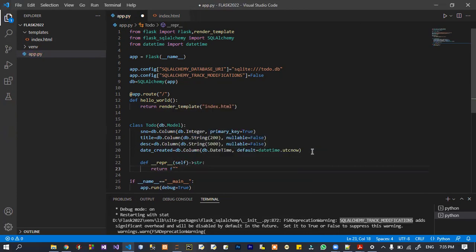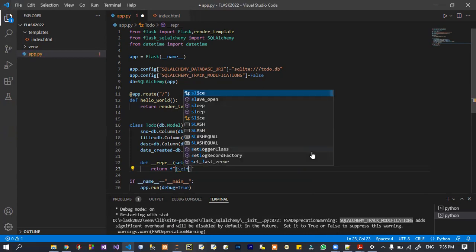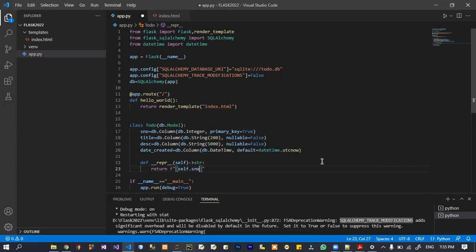So just passing self.sno, whatever you want to see, you can pass here. Inside curly braces, self.title. Okay, so here this is